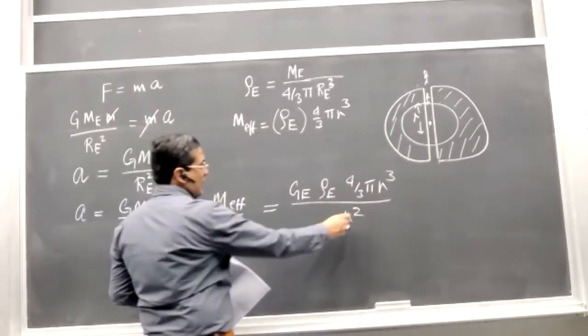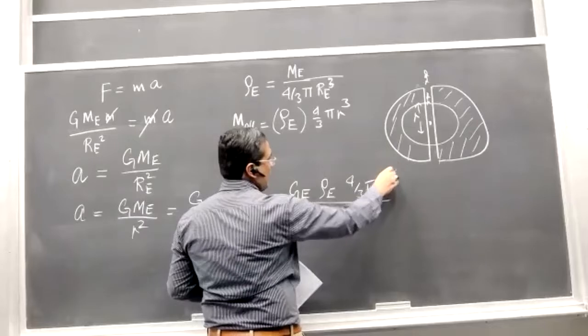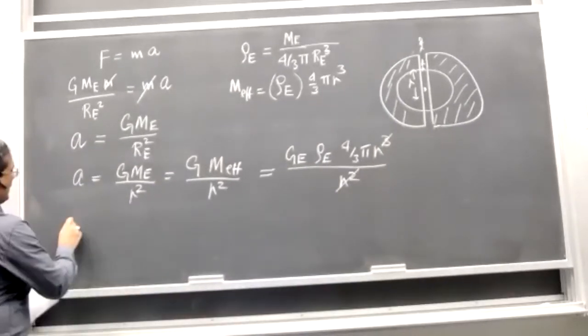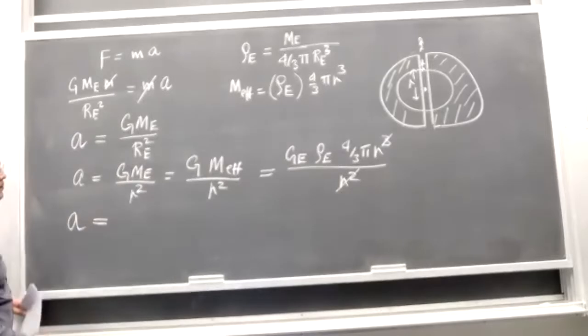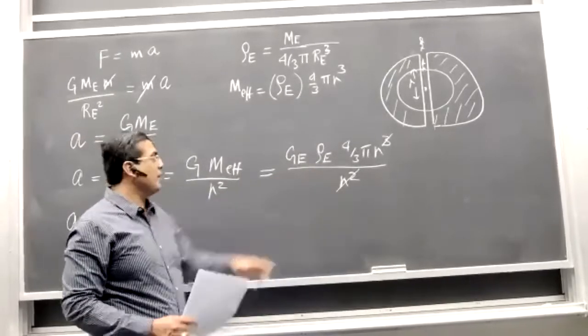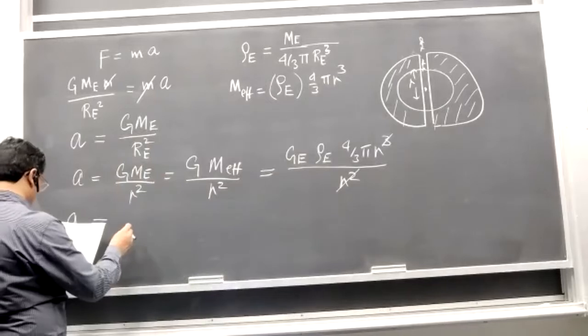Then this cancels with this one, and let me just substitute the value of rho_E here as well explicitly. Okay, so we get